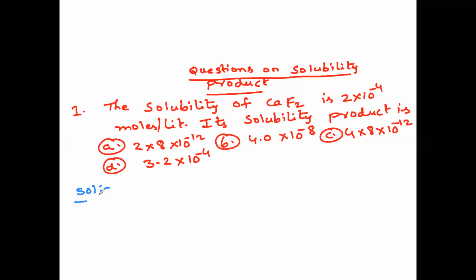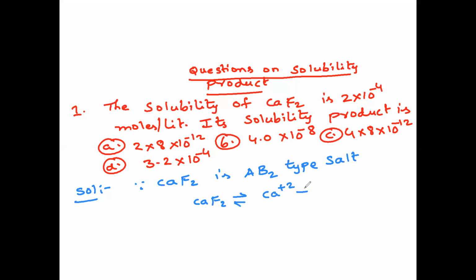First, for solving this type of questions, we need to identify the type of salt. Since calcium fluoride is an AB2 type salt. Even if you don't remember the AB2 type, you can simply say calcium fluoride dissociates to form Ca2+ plus 2F-. So the solubility for this becomes S and this becomes (2S) whole square. So therefore Ksp is equal to